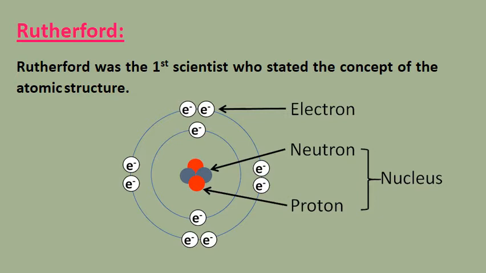And he said that the electrons have a negligible mass compared to that of the nucleus. Okay, and they rotate in orbits around the nucleus with a very high speed. Okay, then